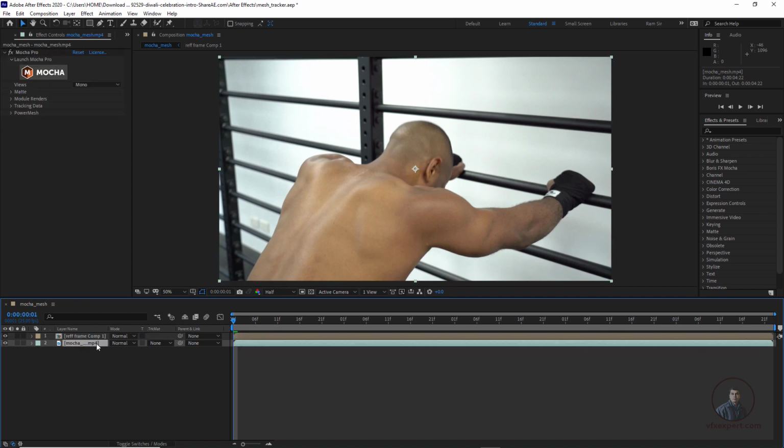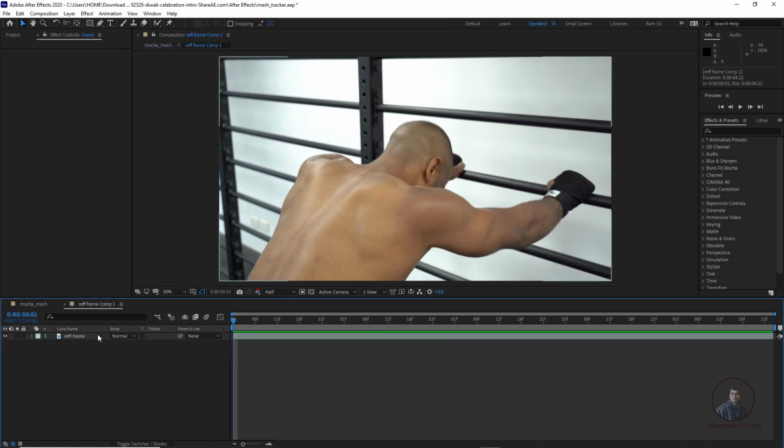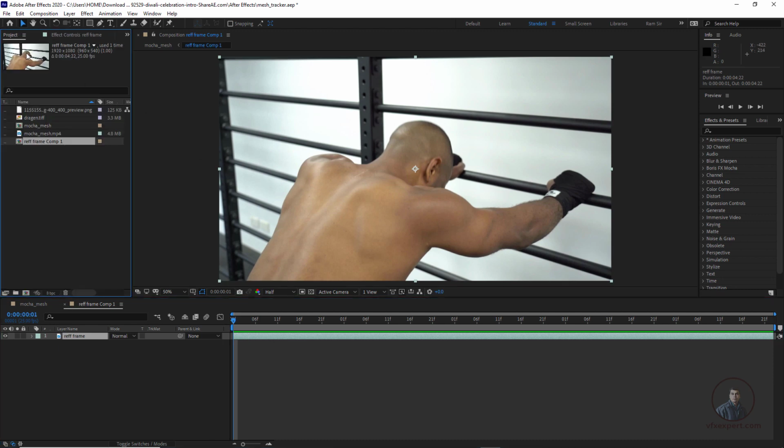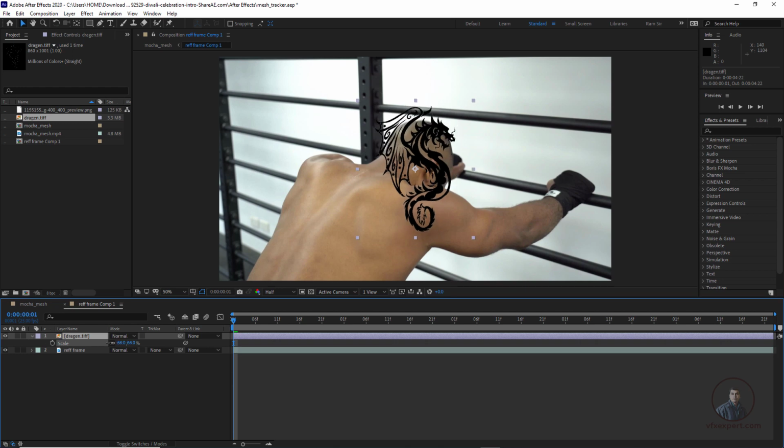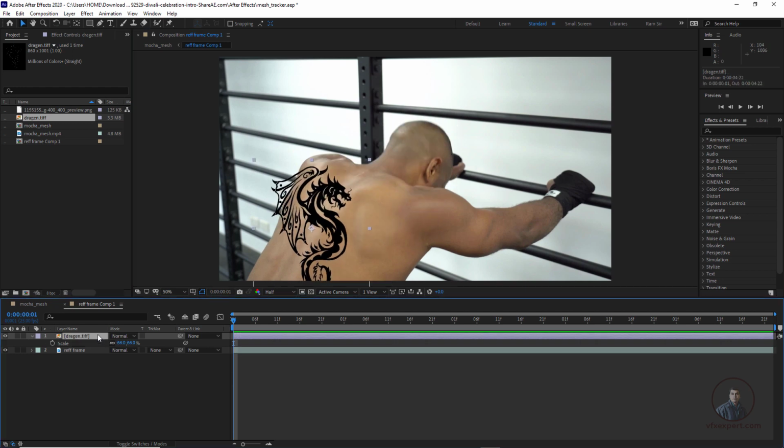Remember this one, we have to apply Mocha tracking data from this video to this layer. So what we have to do: select our video, then select this Mocha Pro FX, Control C to copy, and select this layer on the first frame. Paste with Control V. Now you can see Mocha Pro here. After this, open this layer and place anything. I double clicked here, then place anything you want. I have already imported this Drakan, so maybe take this one. Easily you can composite it, scale, place, rotate, all these things.